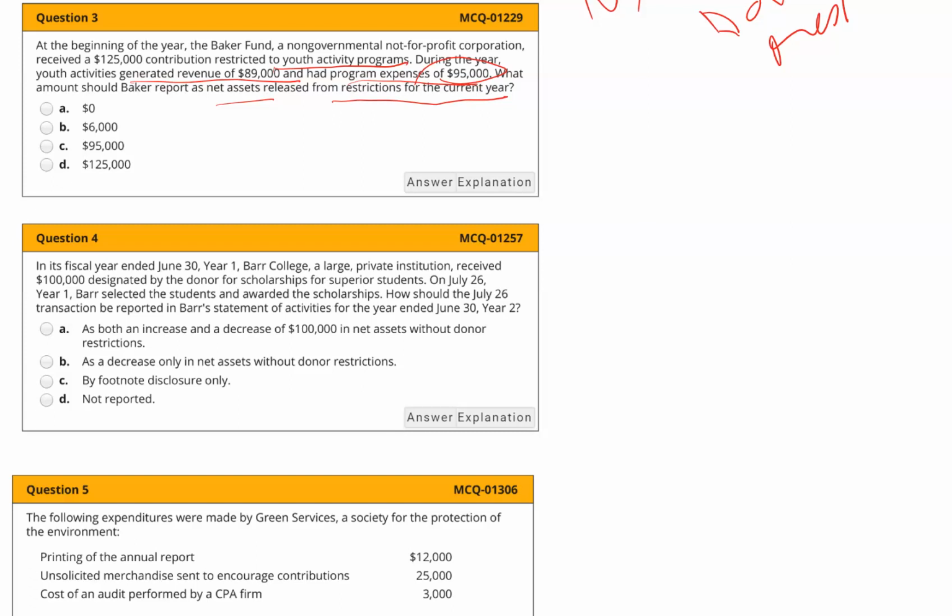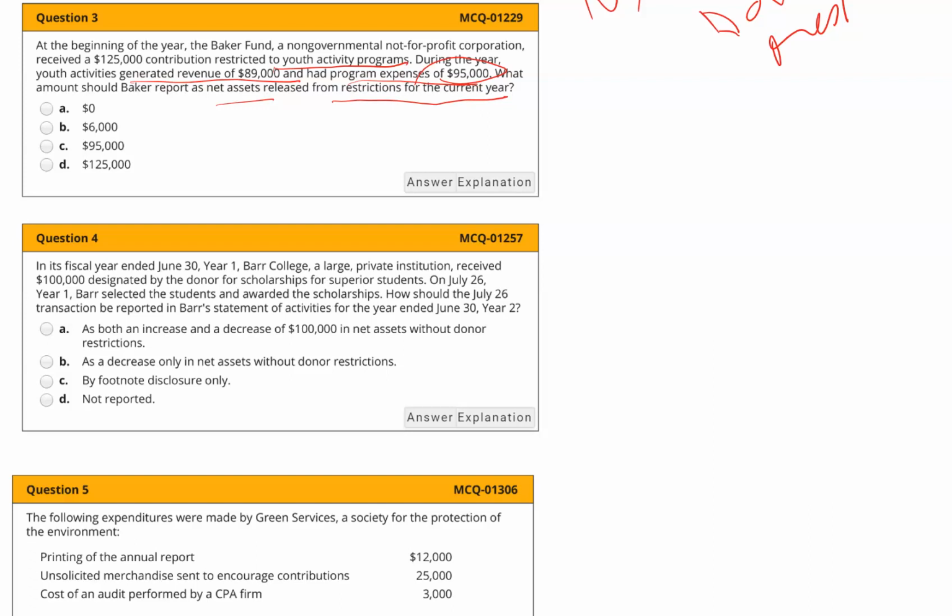So, before spending it, they need to reclassify it. That means they need to transfer it from with restrictions to without restrictions. And of course, this transfer will increase their net assets without donor restrictions, and then they will actually use or